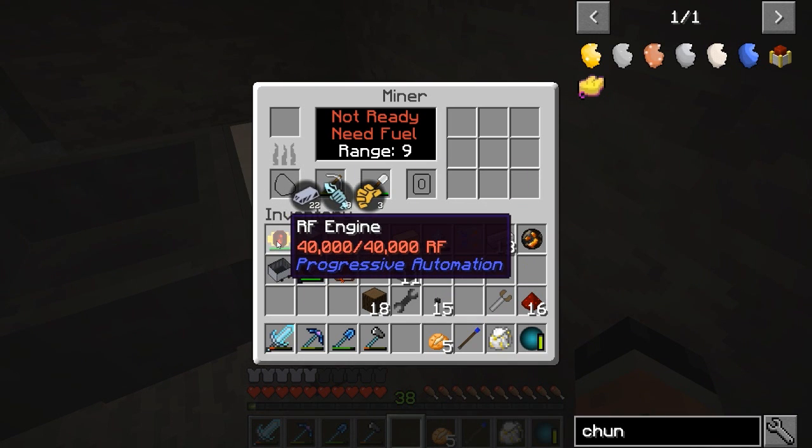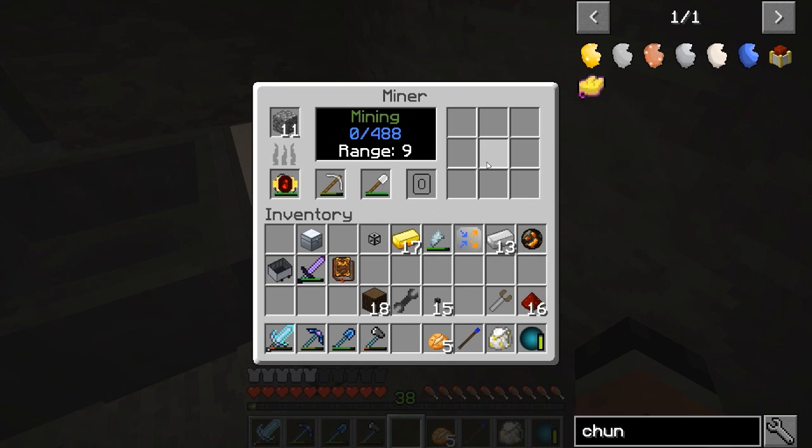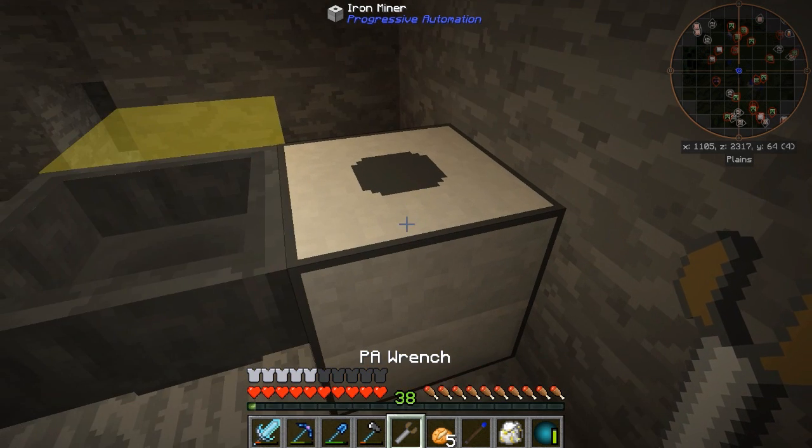And then we'll go ahead and place in our RF engine. We're going to need cobblestone as well. As you can see, it says it's mining out of 488. Not too bad. All right, so let's go ahead and set this to...